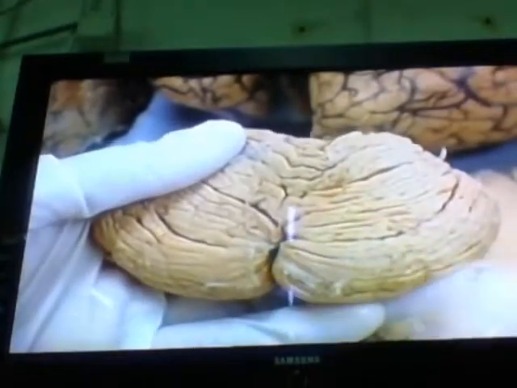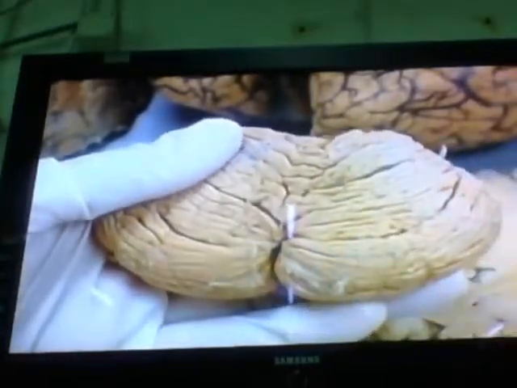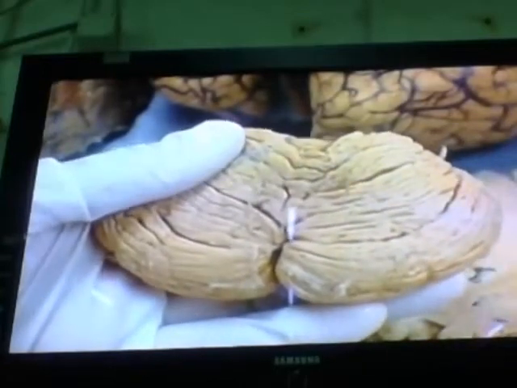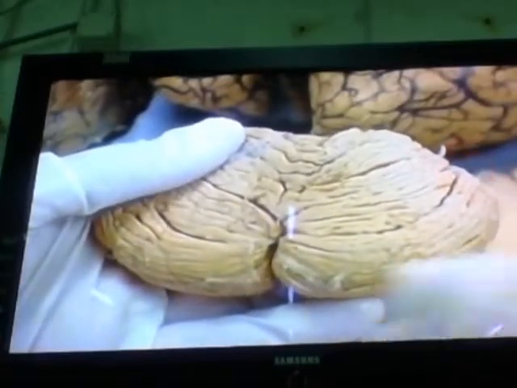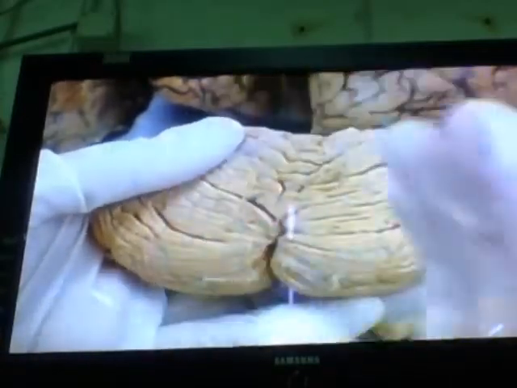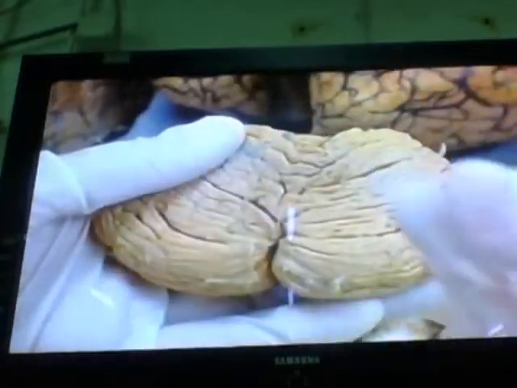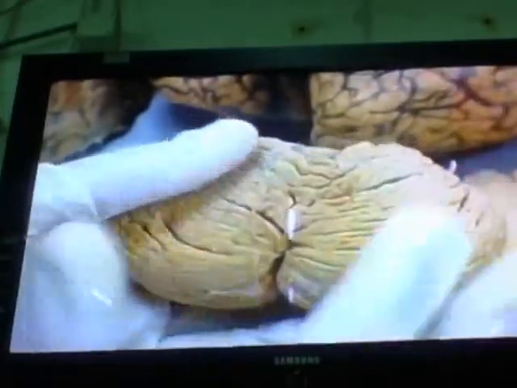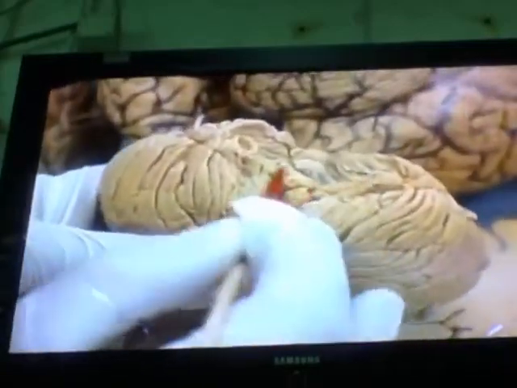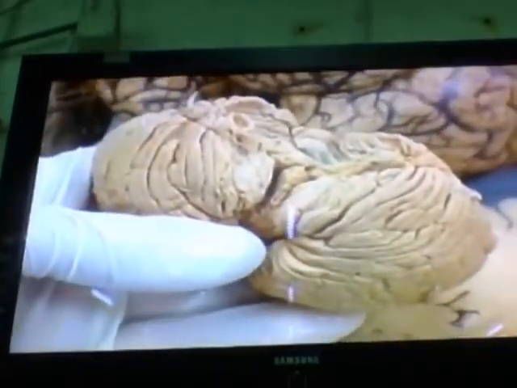Paravermal area is in charge of the control of the movement of the muscles of the limb, okay? And the lateral part of the cortex is in charge of the initiation of the movement, processing of the movement, and also to correct the error, okay? And so this is for the cortex, and remember the flocculonodular lobe. So flocculonodular lobe is in charge of the equilibrium. Okay?